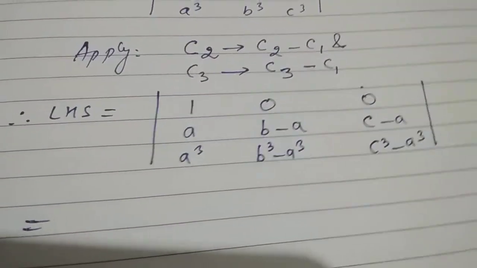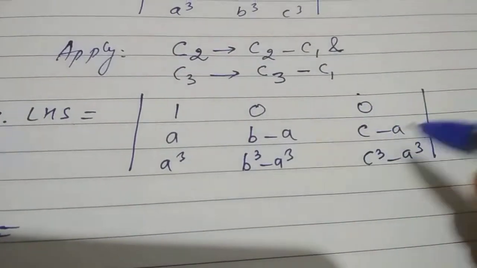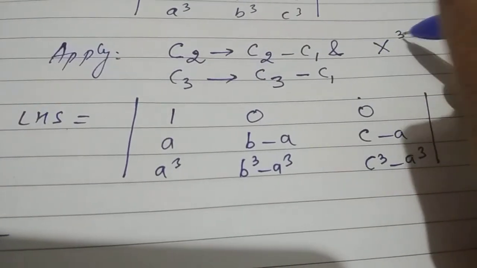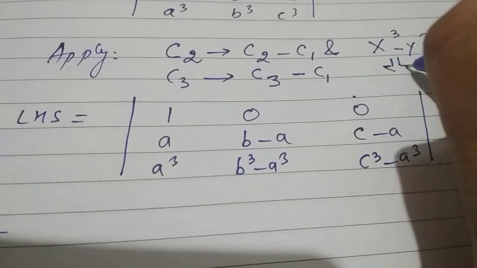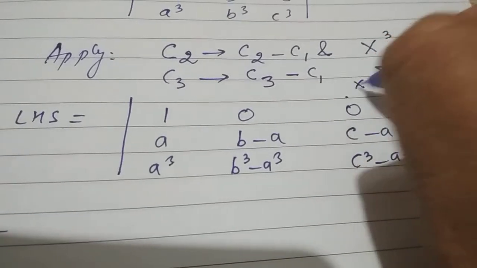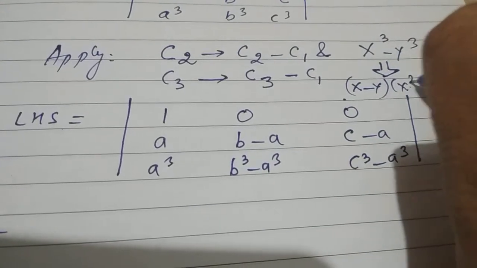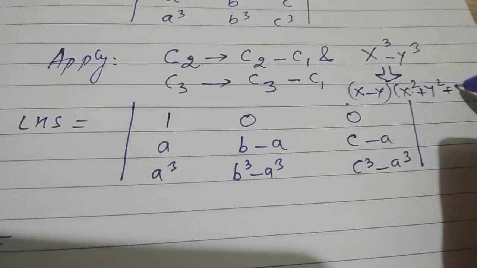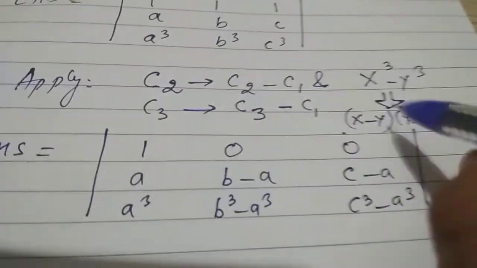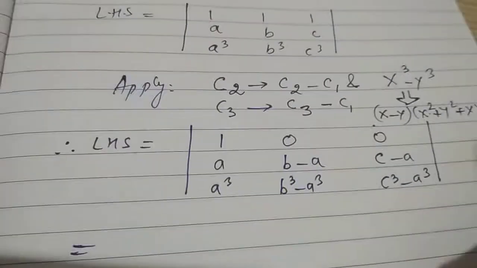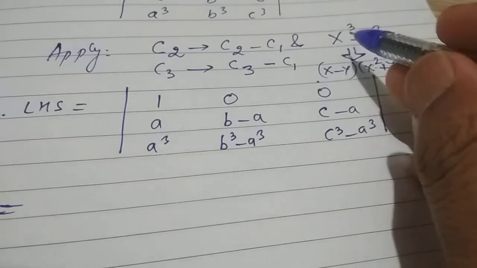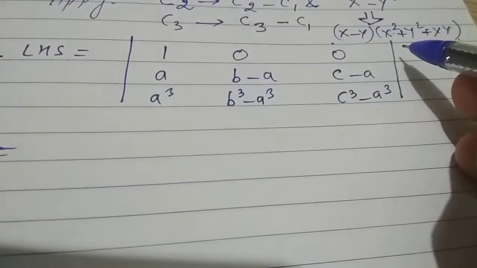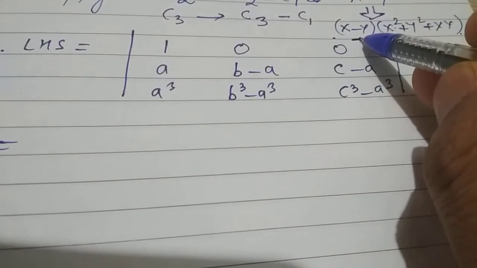After getting this, again I'll focus on the x cube minus y cube formula. What is this formula? Do you remember? It is (x minus y)(x square plus y square plus xy). So this formula you should remember. Many students apply the wrong formula, they apply minus here and plus, that is of x cube plus y cube. You should remember this. So if you expand, we have got this factor common.